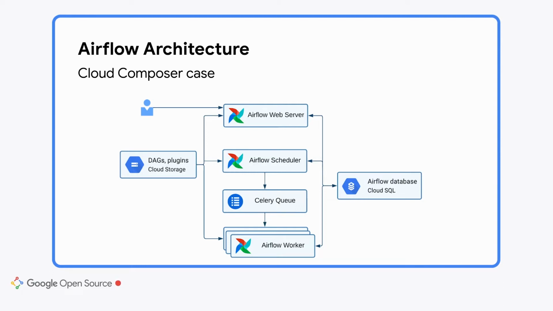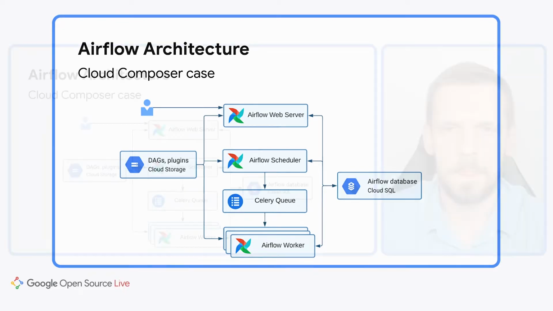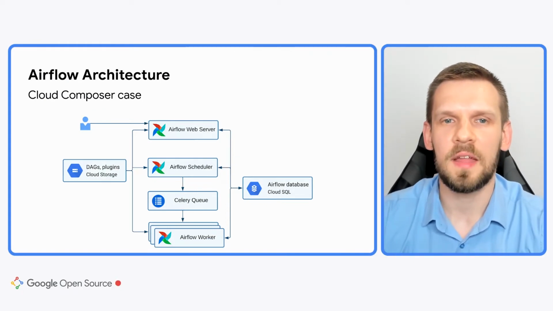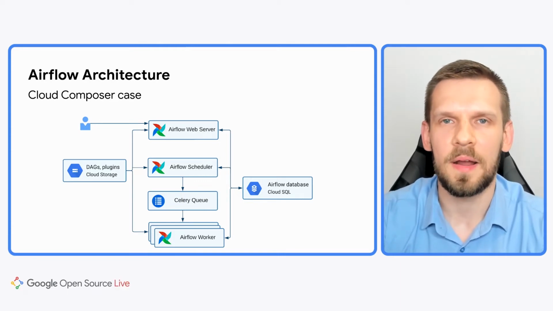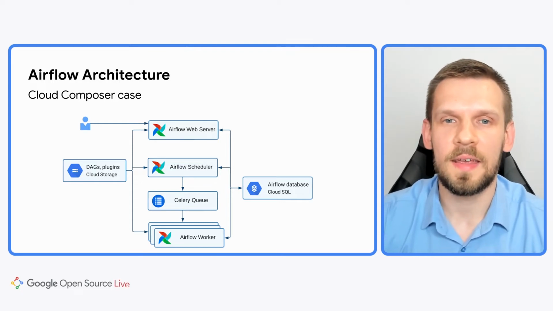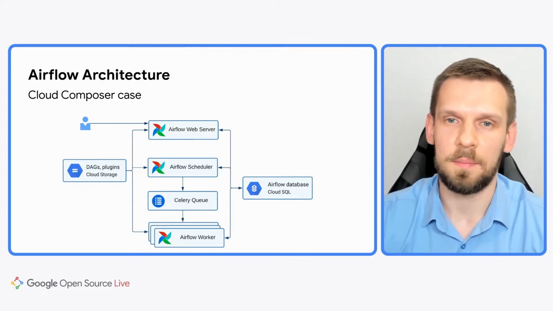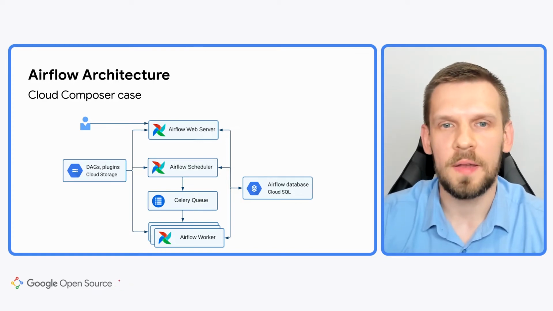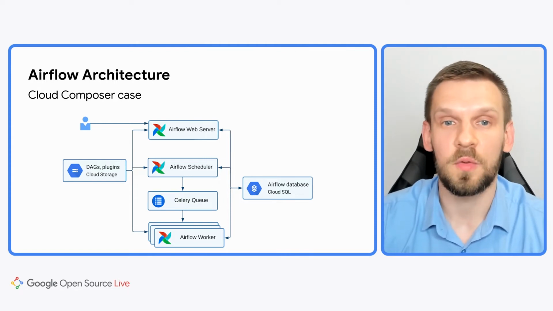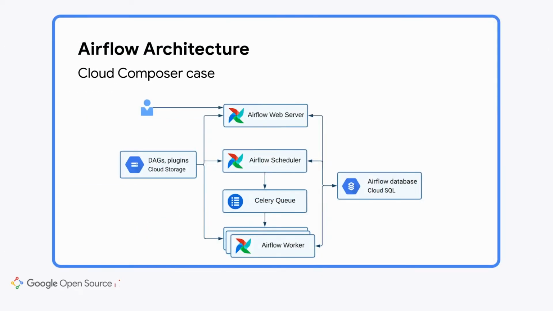In Cloud Composer 2, the number of workers is automatically scaled for you based on the number of incoming tasks. Each worker has some number of slots which controls how many tasks can be executed in a single worker in parallel. If you take, for example, 6, then a single worker can take up to 6 tasks from the queue at the same time. If all workers are occupied and the setting for maximum number of workers doesn't allow our autoscaler to scale up, then tasks are waiting in the celery queue for some free slots.